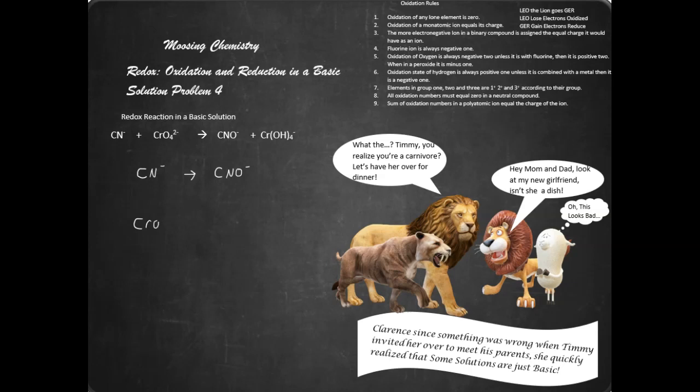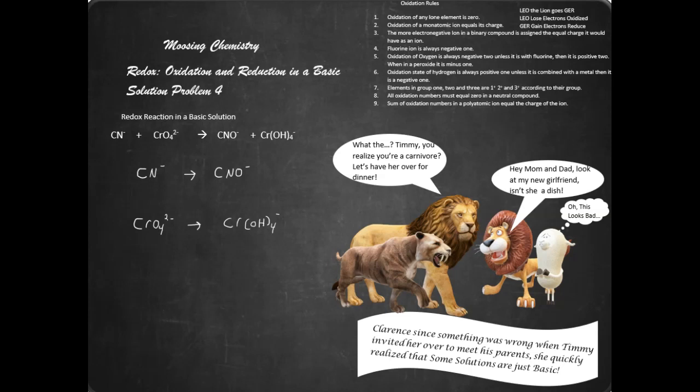Our second half reaction is going to be CrO4 2- yields Cr(OH)4-. Okay, now the next thing we want to do is make sure that all elements